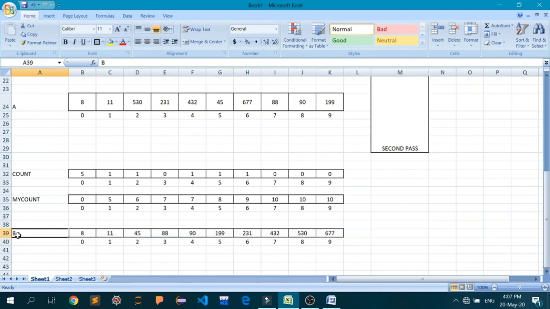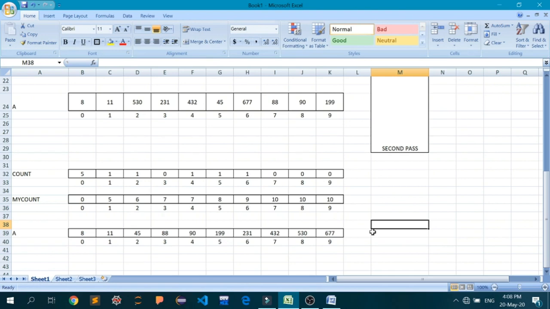So this will be copied to A. I'll write here A. Now this array A has been sorted out. Now this is your radix sort. Radix sort is just an application of counting sort to each of the radix. So as many digits as are in the maximum number in your array, that many times counting sort will be called, and counting sort will be applied to each placed digit of all the numbers in your array.